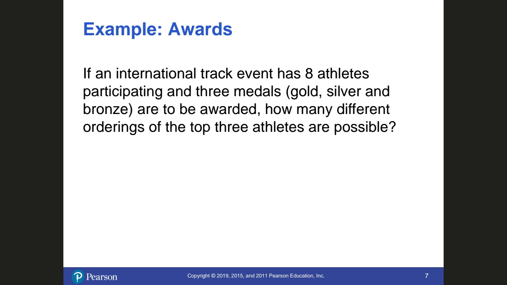And our last example is pretty similar. Some international track event has 8 athletes participating, and it's giving out 3 medals, a gold, a silver, and a bronze. How many possible orderings are there of the top 3 athletes? Well,